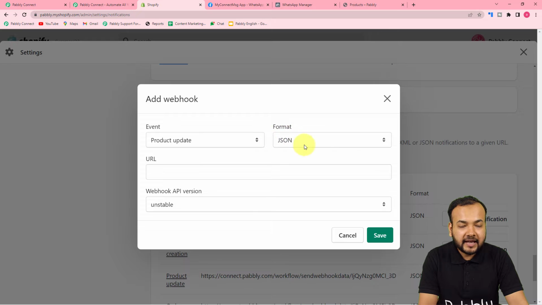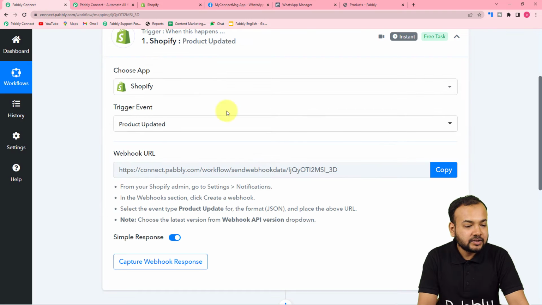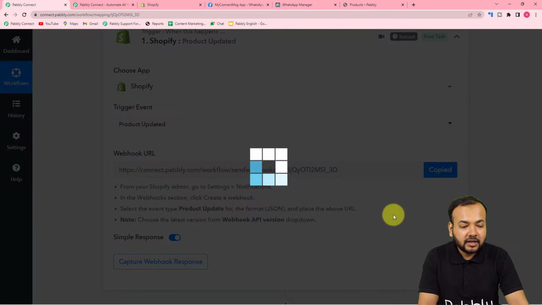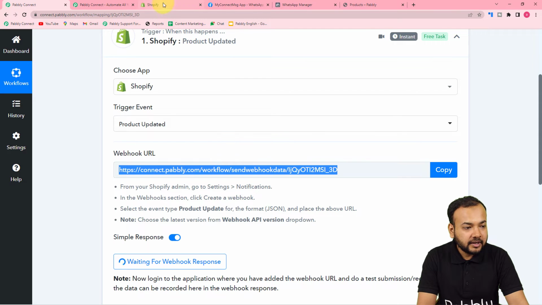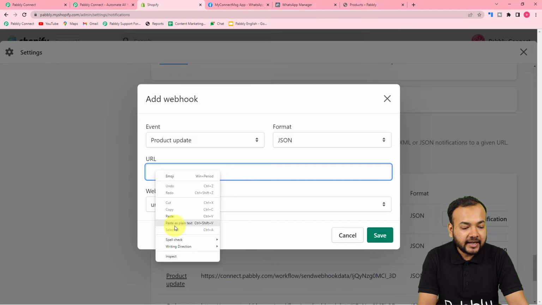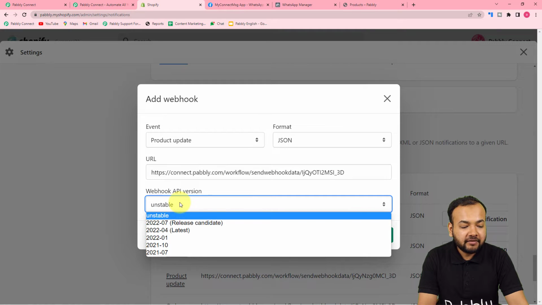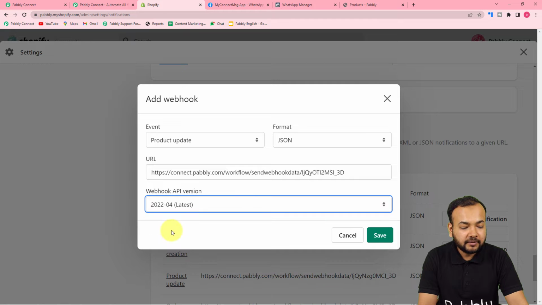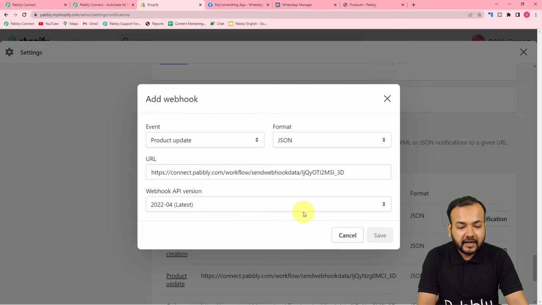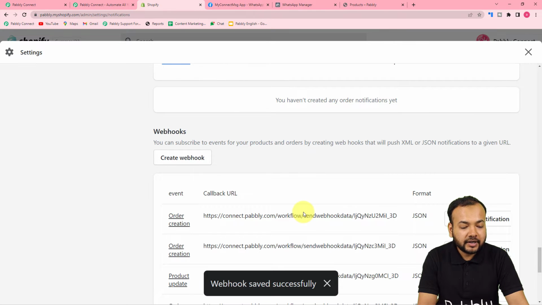Keep the format as JSON only, and in this URL field you have to paste this URL. So just copy this Webhook URL from here and paste it here in this field like this. Okay, and then select the Webhook API version, the latest one. Then click on save, and you can see your new Webhook connection is saved here